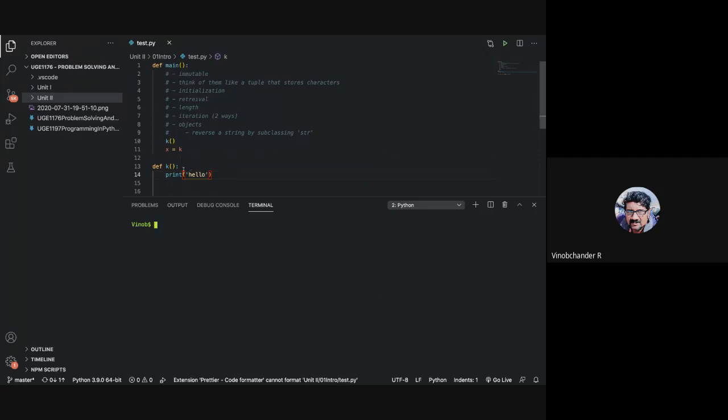When I say x is equal to k, this entire definition is stored in the variable x. So this is assigning a function to a variable. If I run this program, I don't get any output. Now, if you want to call the function through the variable x, you can say something like this.